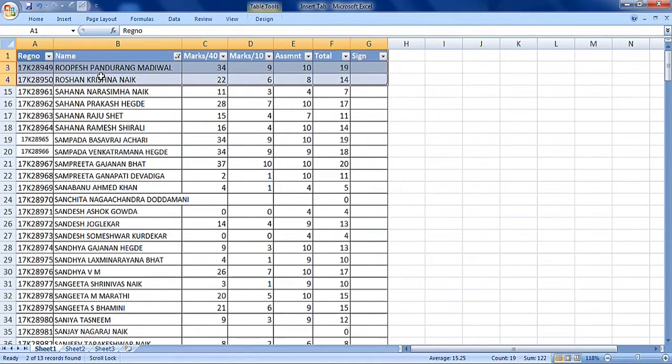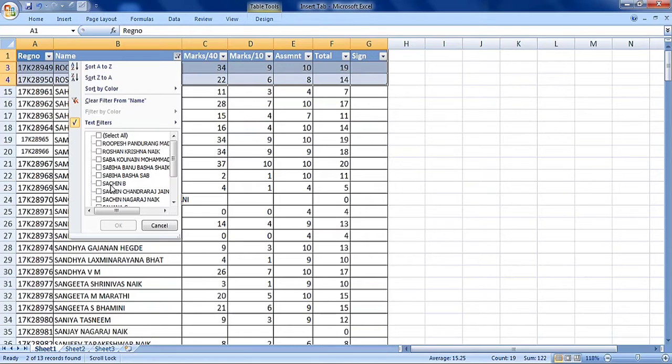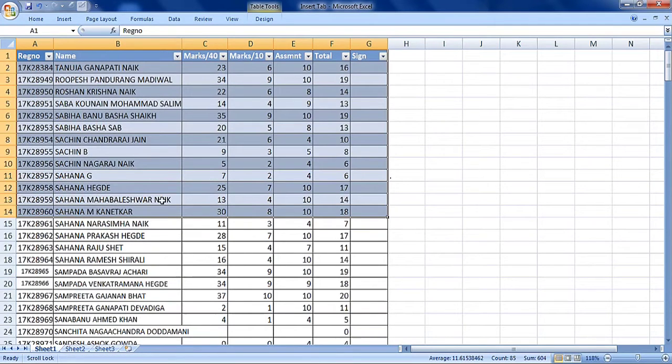See, there were only 2 records beginning with R. Then Select All will display all student records. Similarly, you can apply different formatting and filters. You can also arrange data as per your requirement.